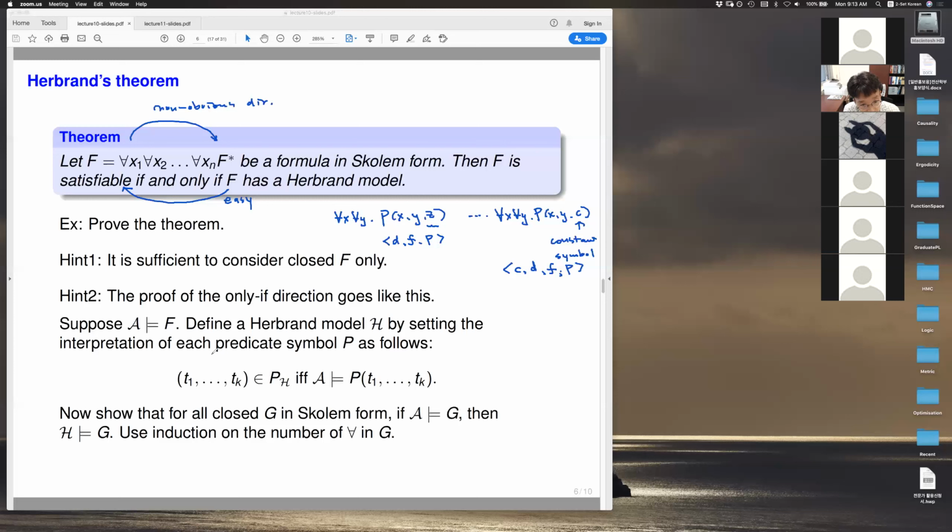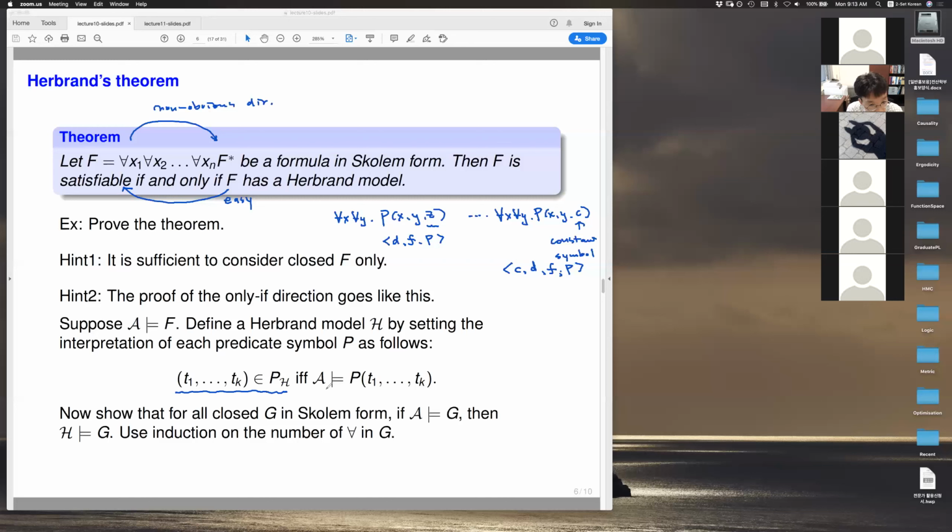And for the interpretation of each predicate symbol, we do it in the specific way that's described in the slide. So this is the interpretation of the predicate symbol. We have to decide when a ground term, not closed, ground terms T1 up to Tk belong to the semantics of predicate symbol P under this Herbrand structure H. And my hint says that if you do it in the way it's written in the slide,